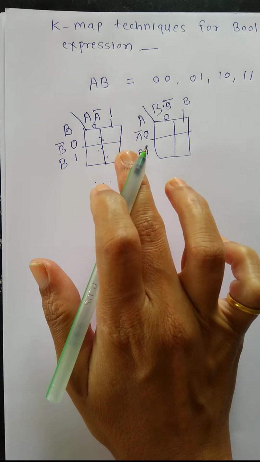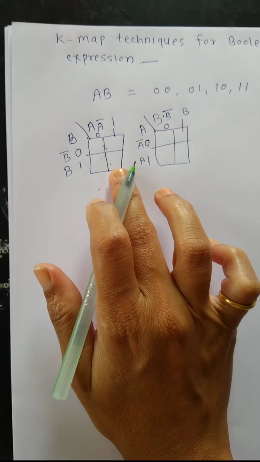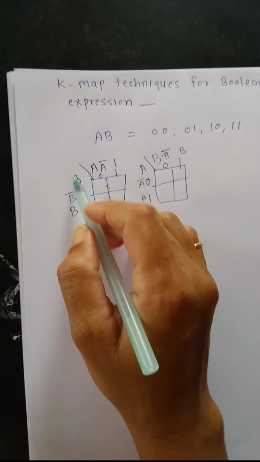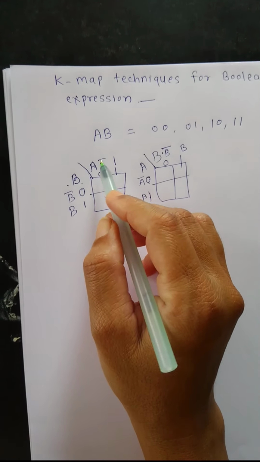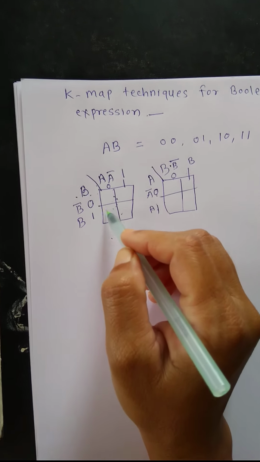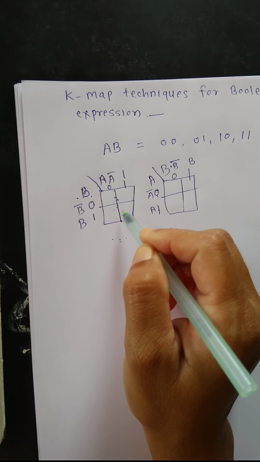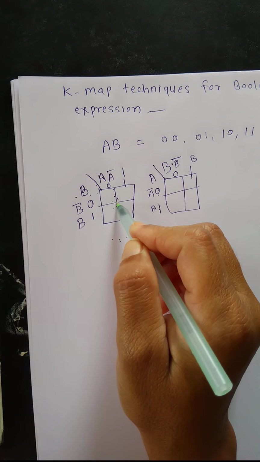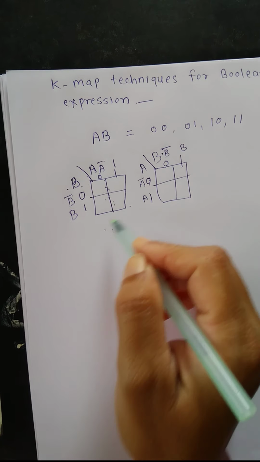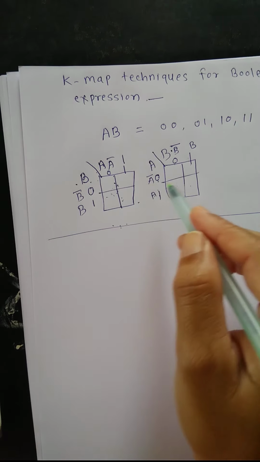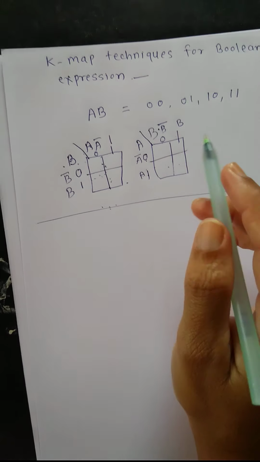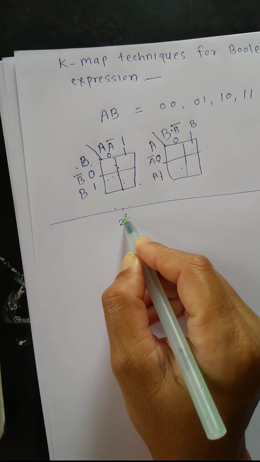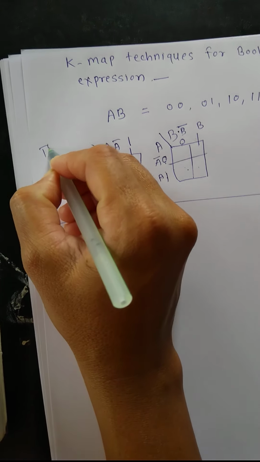In the 2 variable structure, 4 boxes are required. A and B are the inputs, and 0 and 1 are the input values. Inside the boxes we have to enter the output values, that is logic 1 or logic 0. This is the two variable structure, represented in two ways. If in the equation or truth table there are 3 inputs, then 2 raised to 3 boxes are needed, which is the three variable structure.